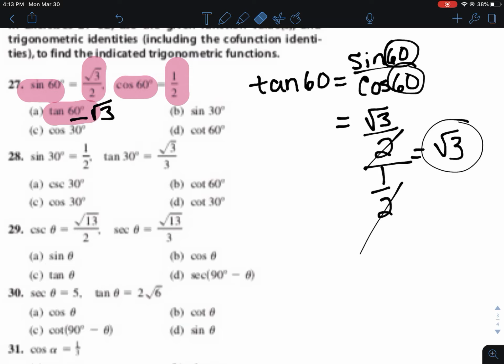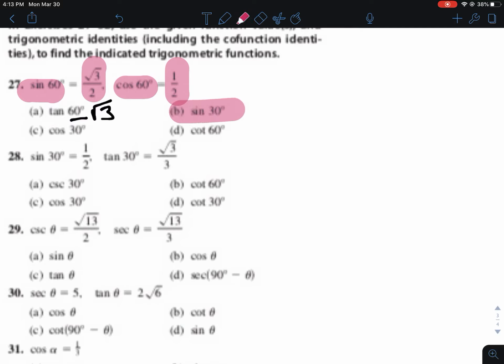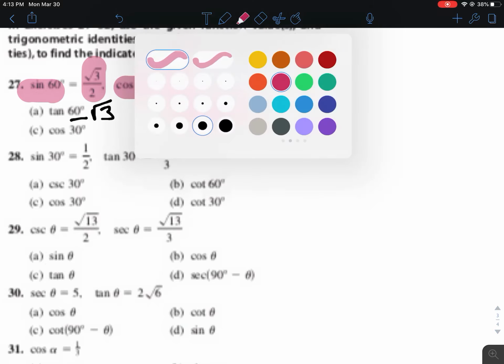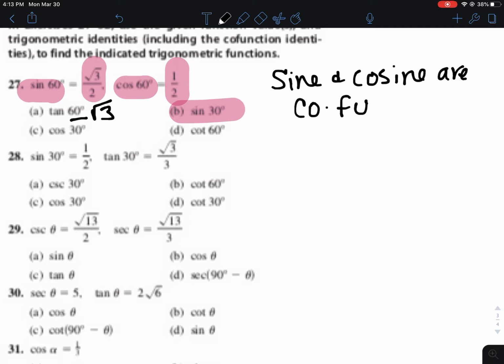But then the next question they ask me is, what is the sine of 30? Well, they didn't give us a 30-degree angle, right? And again, pretend that we don't know anything about the unit circle right now. I just want to think about this in terms of our trig identities. So the sine of 30, but I do know that sine and cosine are co-functions,